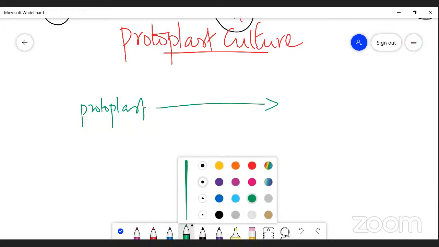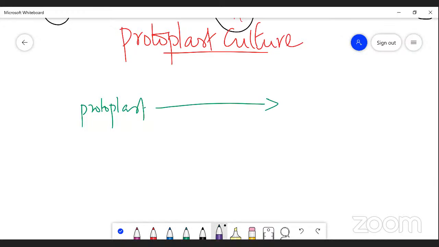The development of a new plant from the protoplast is called protoplast fusion, protoplast culture, protoplasmic fusion, or somatic hybridization. There are several names instead of protoplast culture. It is also known as protoplasmic fusion,